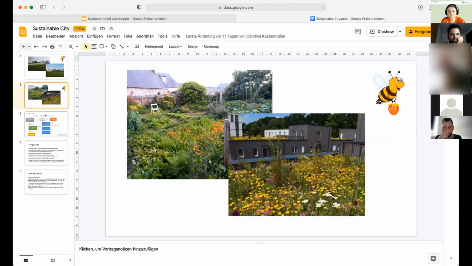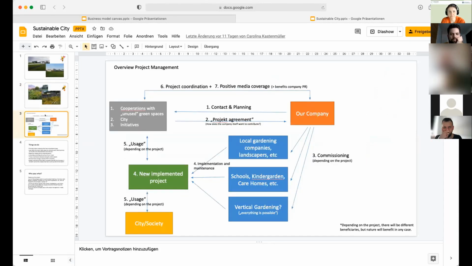visible. So here we have a little structure of how we thought our company could work. So our company would get in touch with corporations or the city or other initiatives who are owners of unused space, and then we would get a project agreement with them, and we would also work together with activists who are willing to do something on the unused space, or maybe even local gardening companies or whoever is interested in